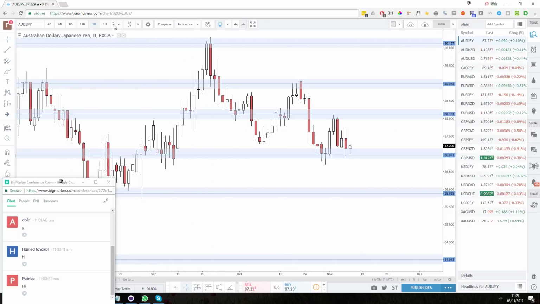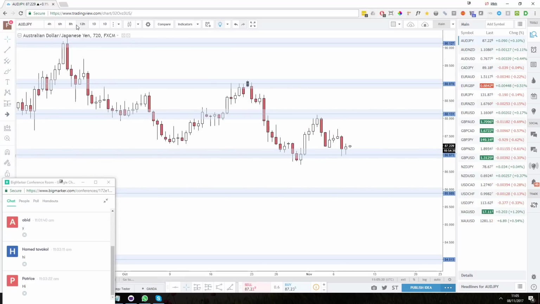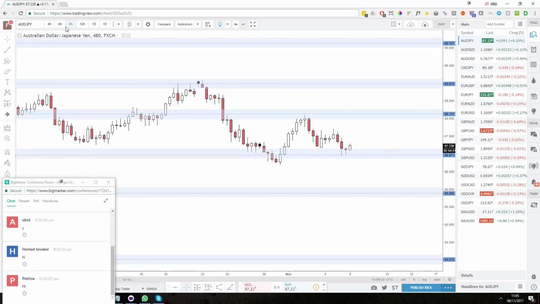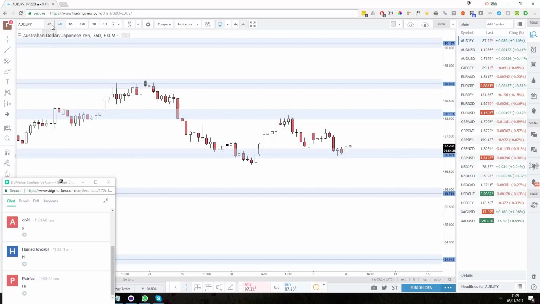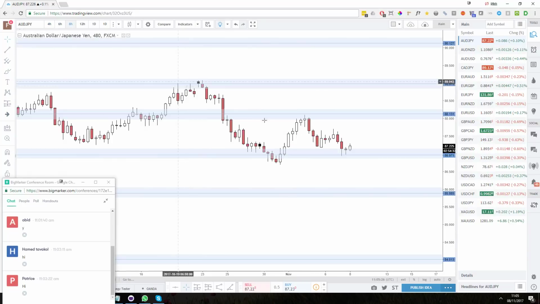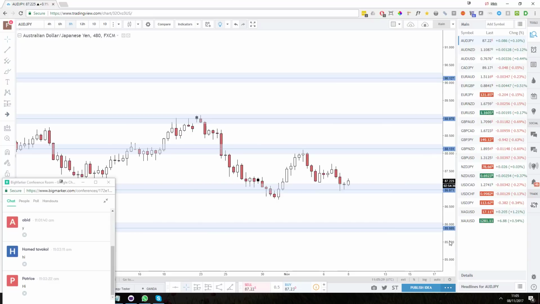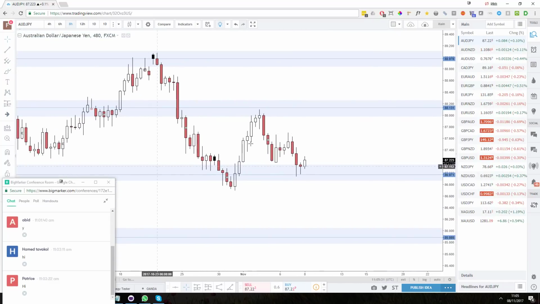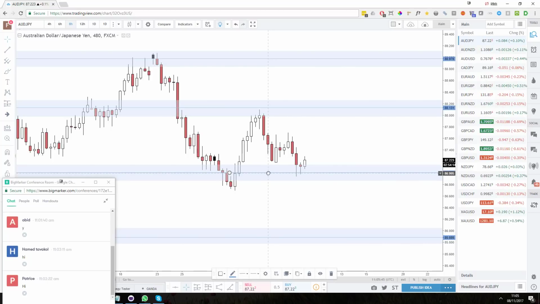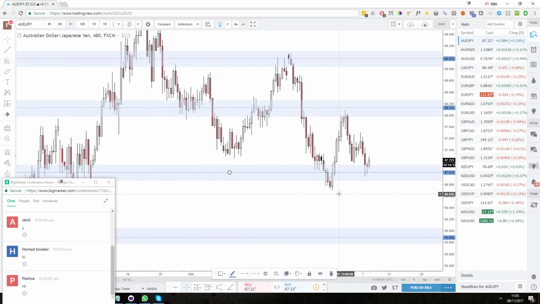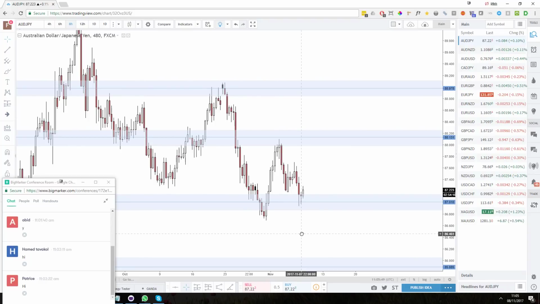All right, we're going to start with AUDJPY. Looks like this is already triggered on the 8 hour. Is anyone long on AUDJPY right now on the 8 hour? Looks like there's a bullish setup here, but it's already triggered. Nice strong bearish preceding trend, indecision forming on support, and it's heading up quite strongly right now. I mean, it's probably not a setup that I'd want to take, but